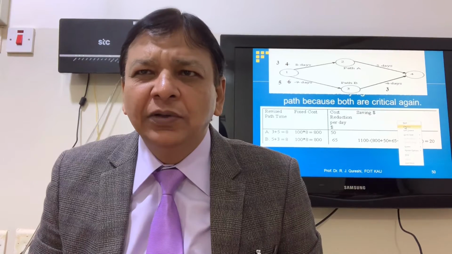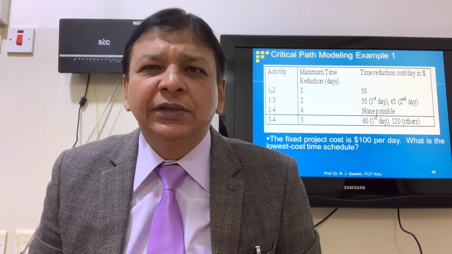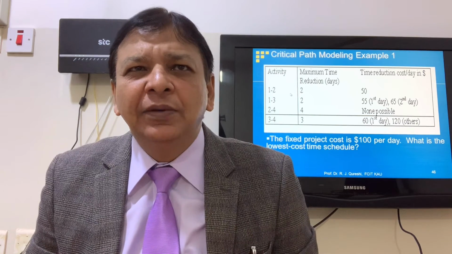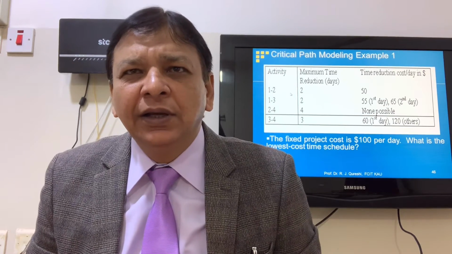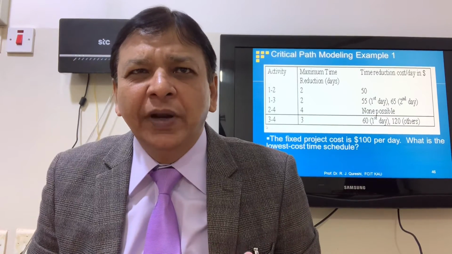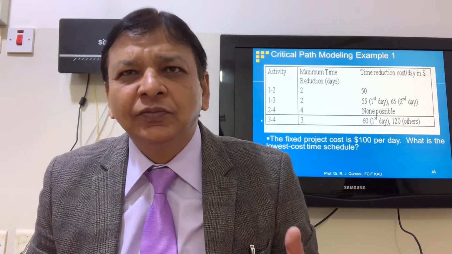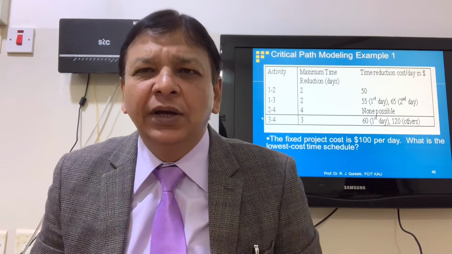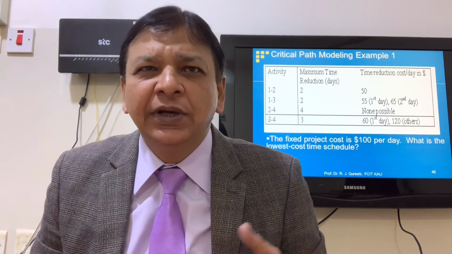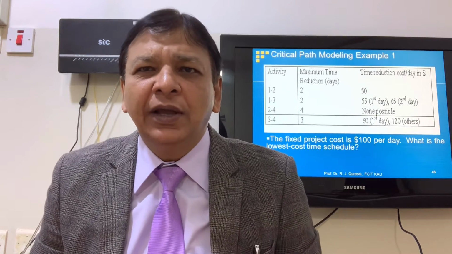We will go back to our table. Can we reduce further? 1 to 2, maximum 2 days reduction, so we already cut down 2 days from path A. So that is critical, because 3 to 4 we can reduce, but there is no benefit because 1 to 2 path A maximum we can reduce 2 days, and we already cut down 2 days. So we achieve the critical path, that is 8 days, and we save $20 as well.